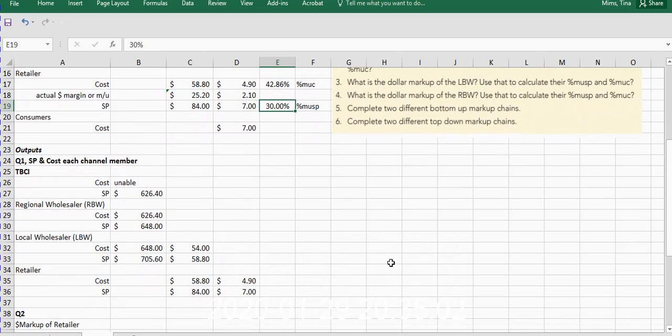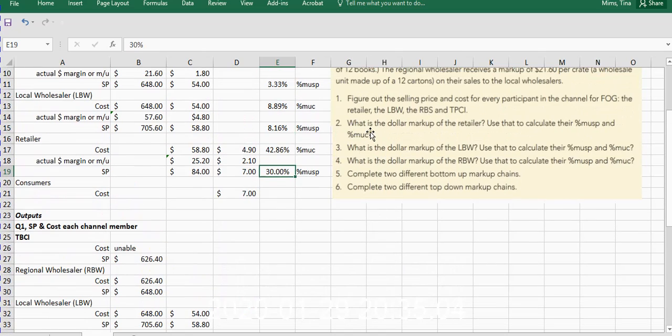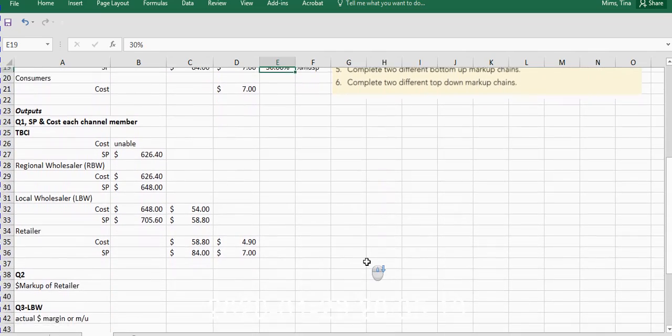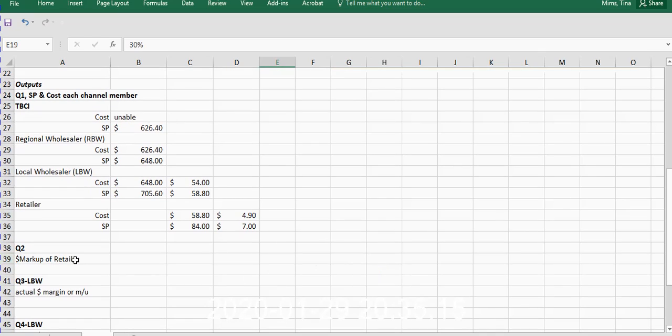All right, if you're back, let's look at question 2. What is the dollar markup of the retailer? Use that to calculate their MUSP and MUC. All right, so question 2 is asking us the dollar markup of the retailer. Okay, so the dollar markup of the retailer is